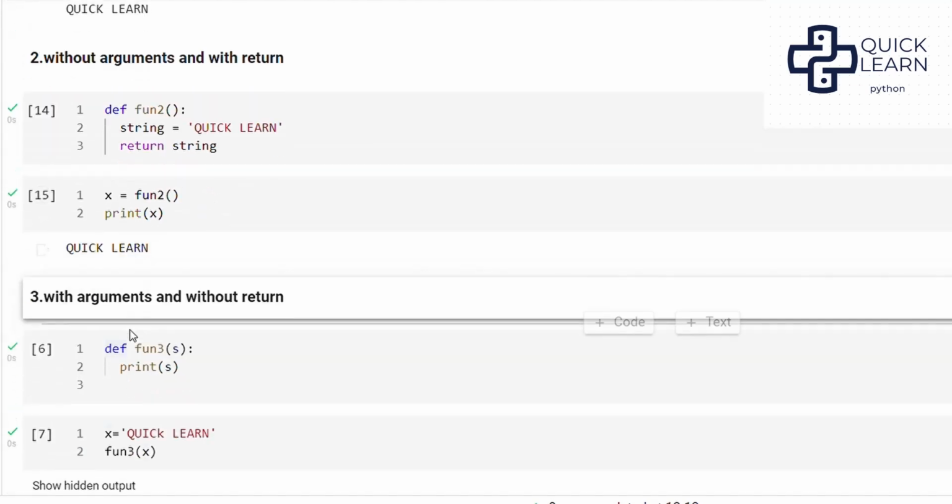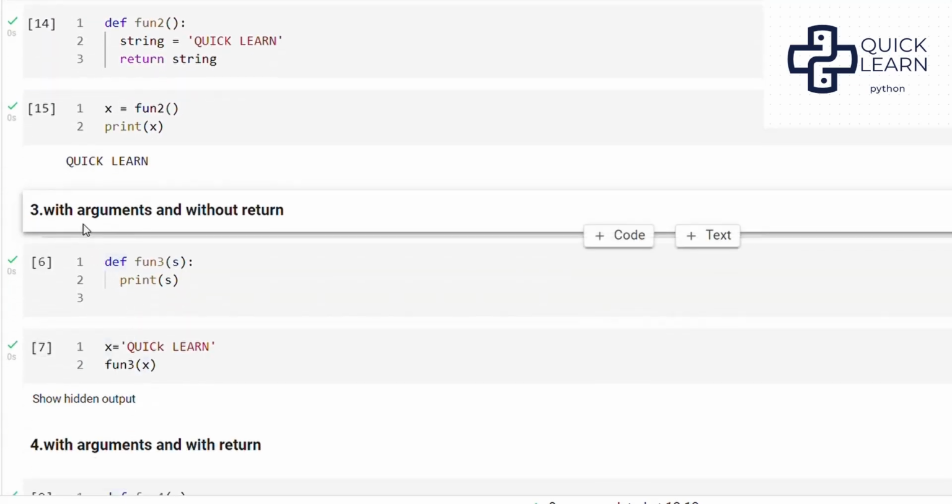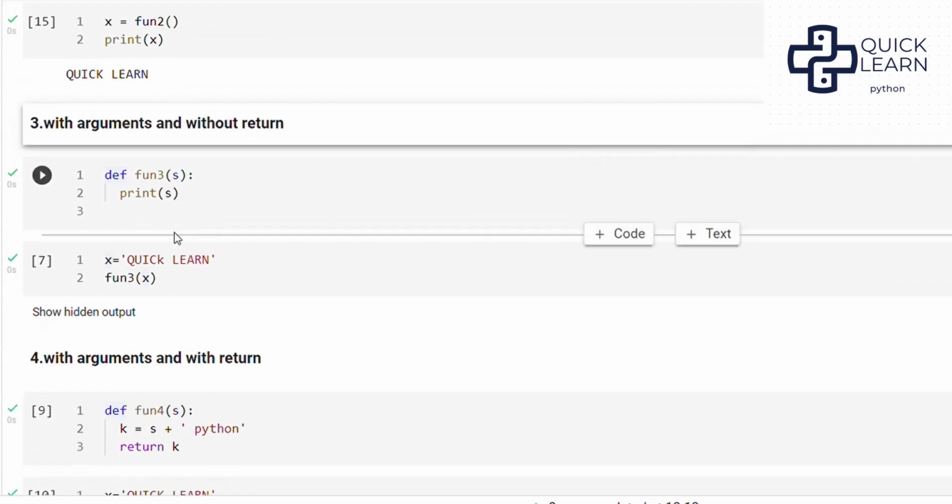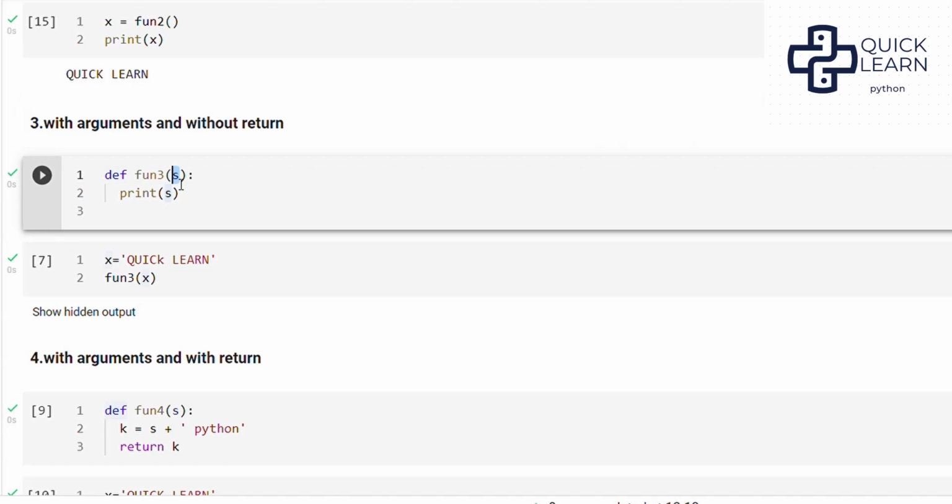Next, functions with arguments and without return. Here we can give arguments here. In place of this position we can give an argument, that is s, and I want to print that argument. So let's execute. In fun3